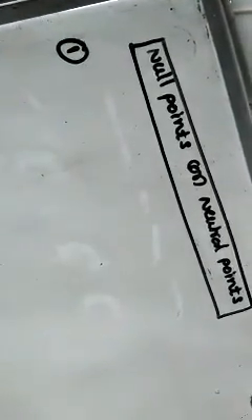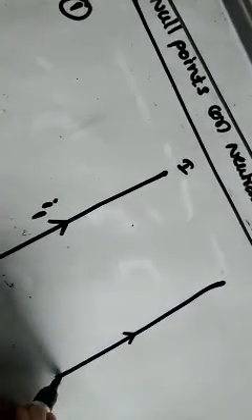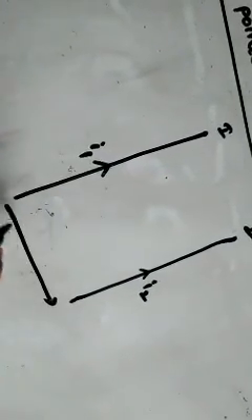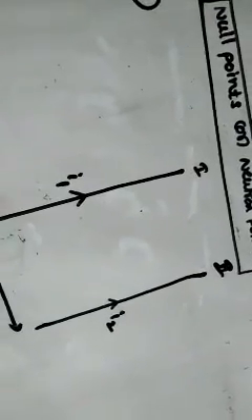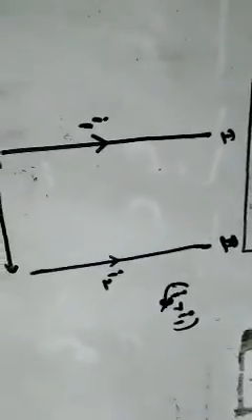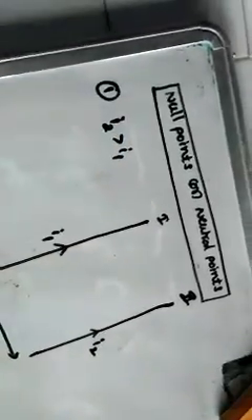Two cases are there actually. This is the first wire carrying current I1. This is the second wire carrying current I2. The distance between the first wire and the second wire I am taking as r. Here I am considering I2 greater than I1. You may take I1 greater also, but I am taking I2 greater than I1. So the second wire is the large current carrying wire and the first wire is the small current carrying wire, I2 greater than I1.